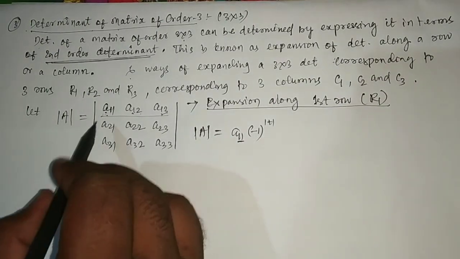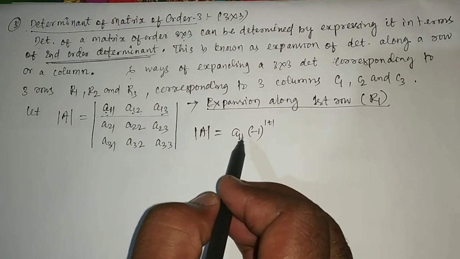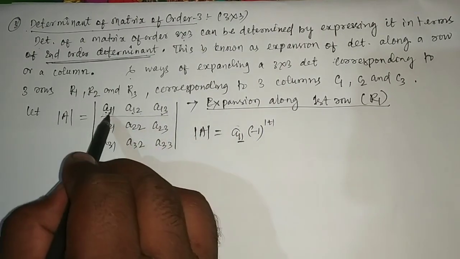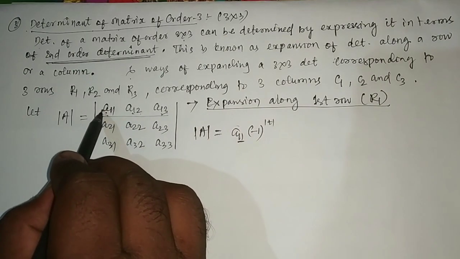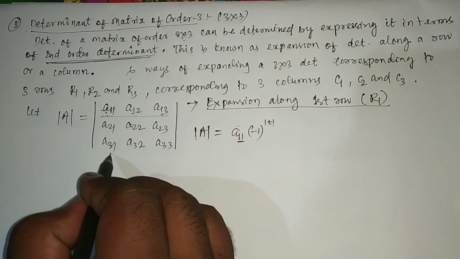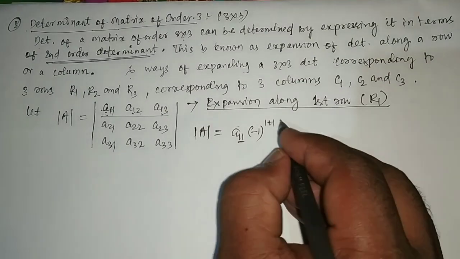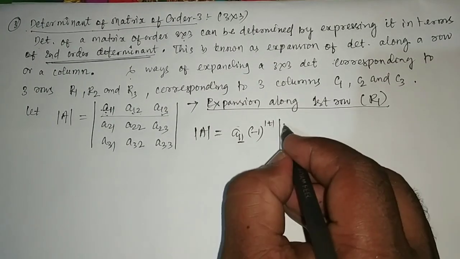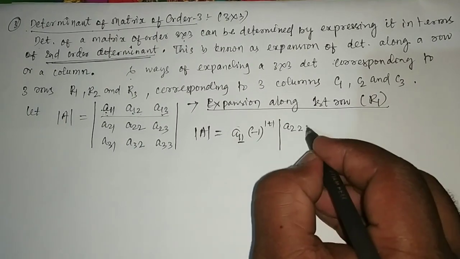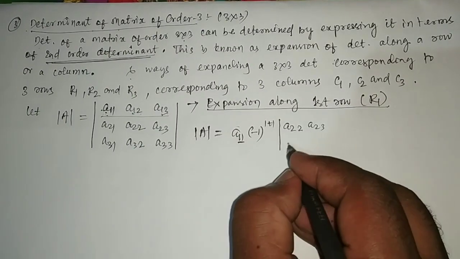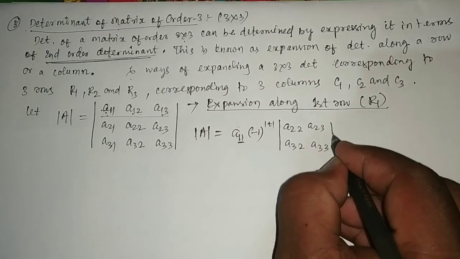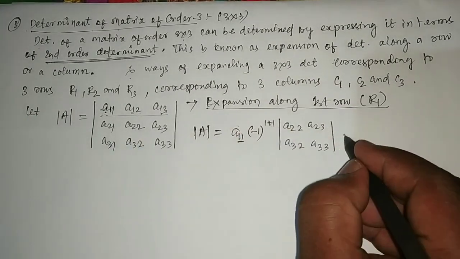And now deleting the row and column in which the element A11 is present, that means deleting row 1 and column 1, we get a sub square matrix and write its determinant here: A22, A23, A32, A33, plus,